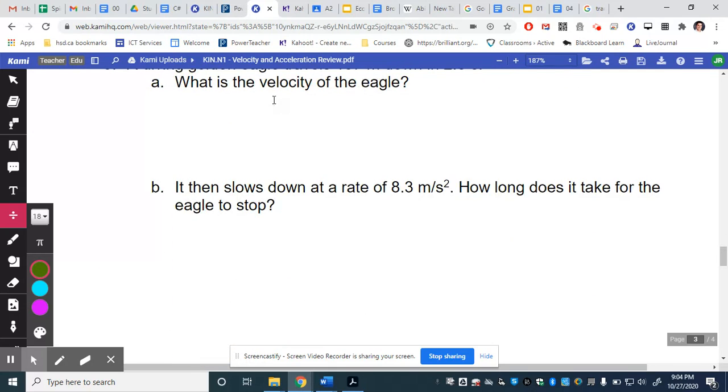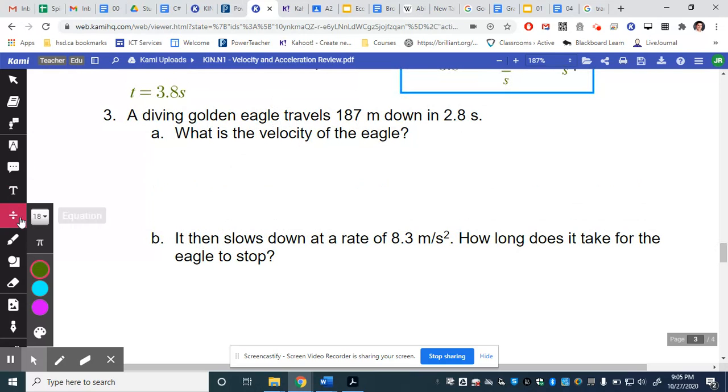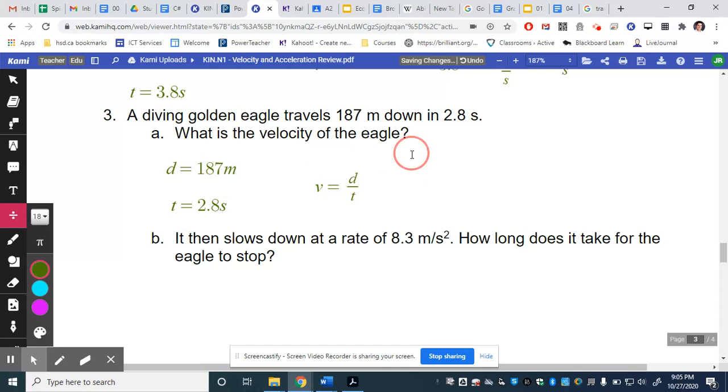Hopefully that's familiar. What's the velocity of the eagle if it travels 187 meters? Okay, that's a distance there. Distance equals 187 meters in a time of 2.8 seconds. Well, here's how we do it. Velocity equals distance over time. And so we gotta just plug it straight in. So velocity equals 187 over 2.8. And we get 66.7, so 67